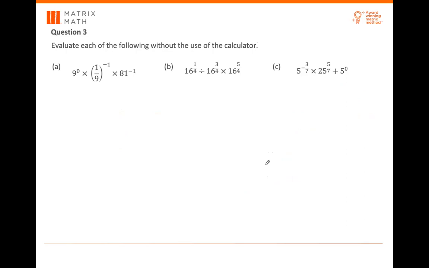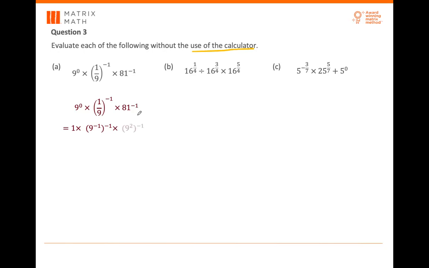Okay. Question 3, evaluate each of the following without the use of a calculator. So you can't use the calculator. So you need to show step by step. Okay. So 9 to the power of 0 will give you 1. Okay. Then 1 over 9 to the power of minus 1 here, you know that you can inverse. So you have 9 to the power of minus 1